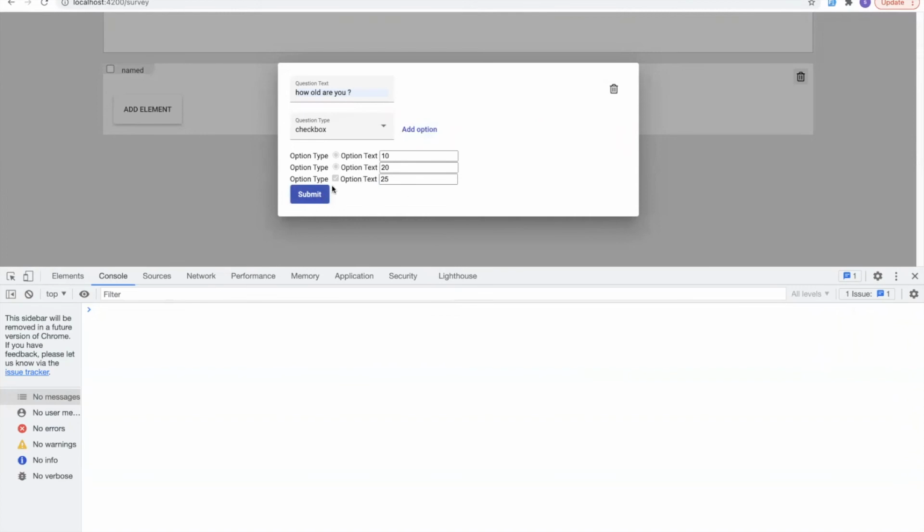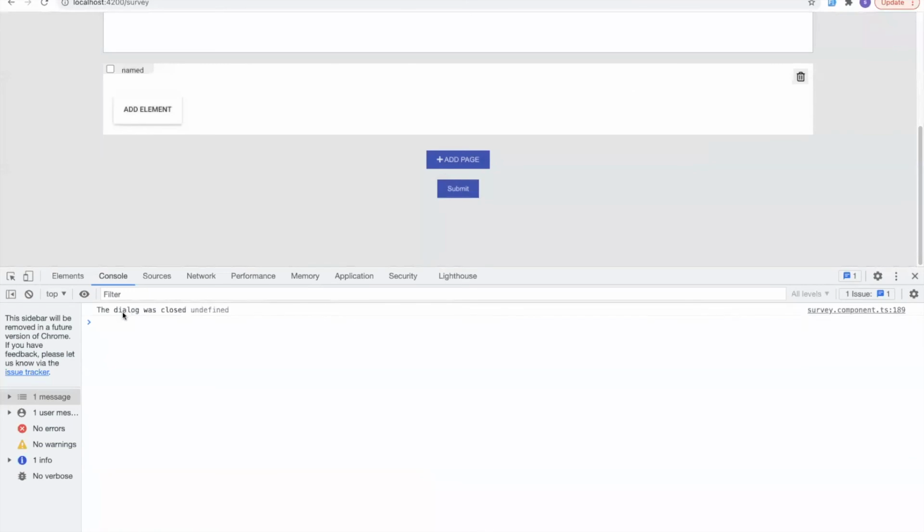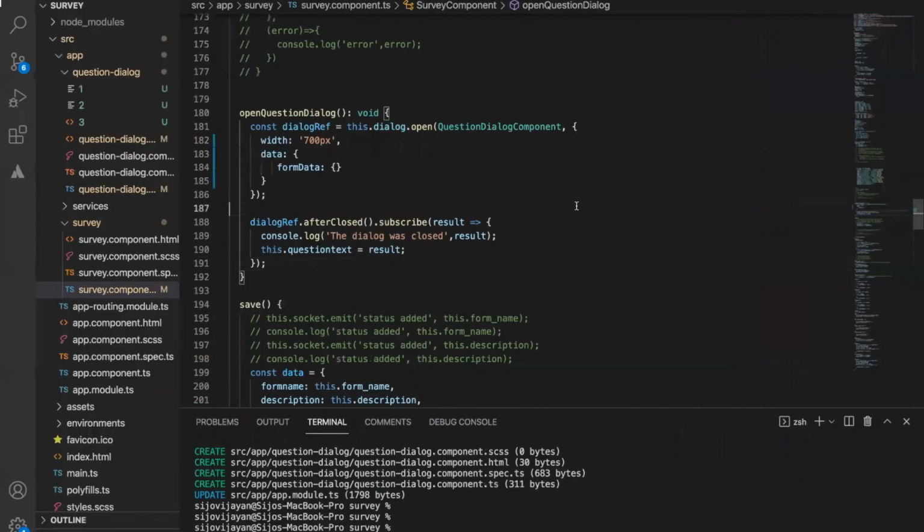Okay, I just submitted, but on the submit, I did not put an instruction to close this dialog. If I click outside, it will close. Because of that reason, the dialog was closed, but the data is undefined. Let's figure out why it's behaving like this.